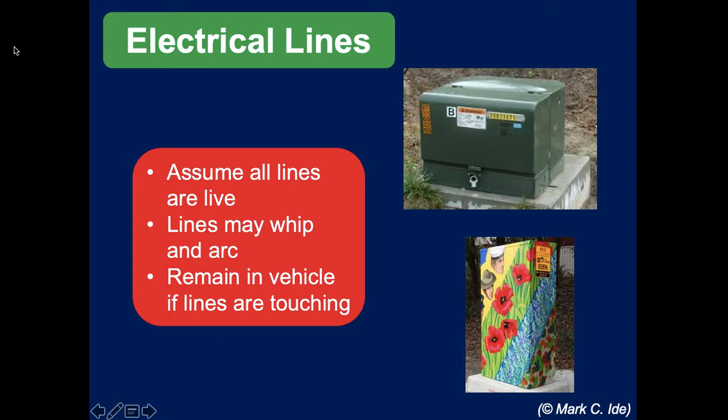And make sure everything's safe before you go to enter or touch the vehicle, whatever's going on. If a big old wooden power pole is down, there's power lines laying across the street and they're across the top of the damaged vehicle, it's pretty much a slam dunk. Don't go near it. The problem that we run into in these more modern communities, we get these underground power lines,